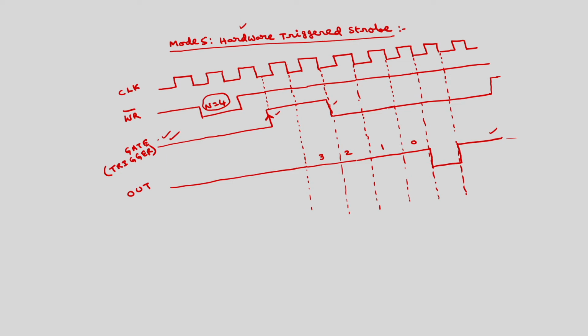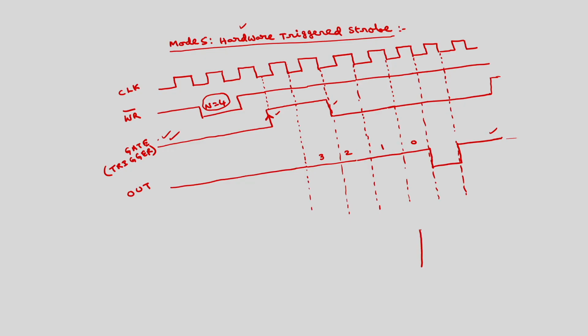So this strobe signal will be useful whenever you want to connect a slow peripheral with a microprocessor. This strobe signal will act as a handshaking signal. A handshaking signal is something like, if I want to transfer data between 2 devices, say microprocessor and peripheral, initially signals will be exchanged between these two before the data transfer takes place.